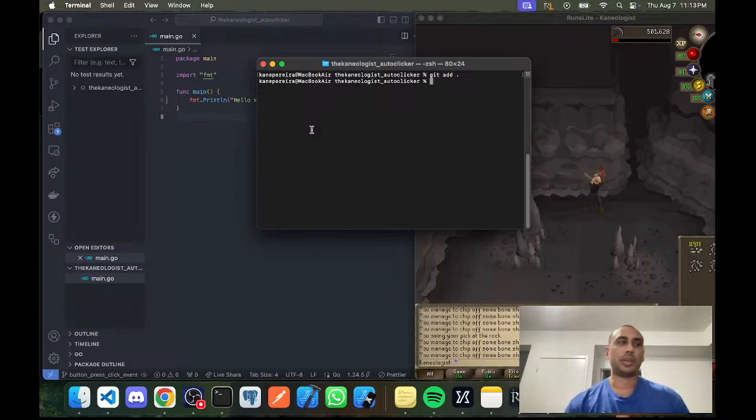Because when you do your merge, which I'll show you how to do later, it's going to show you all the points in your code that you made a change on, and then when you do a PR with either your manager, boss, or on your own, you can go back and check the changes that you worked on, and go through that. So git add dot and then git